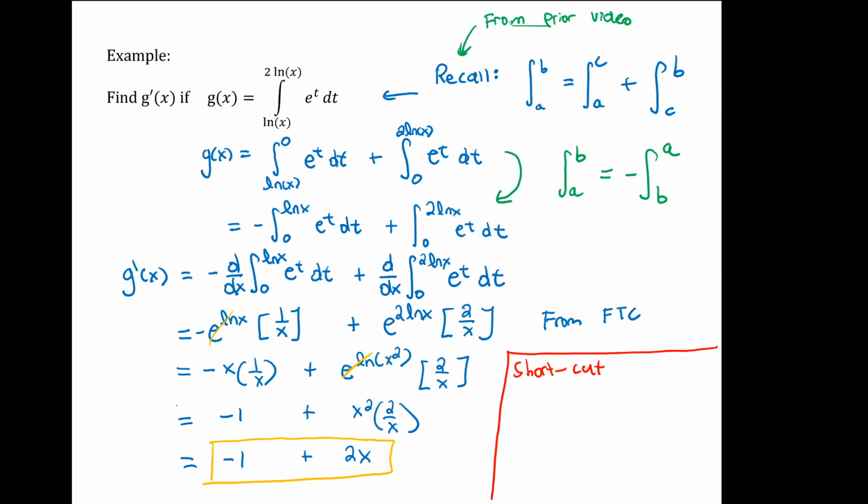Then the integral, or I have to be careful, the derivative, d by dx of the integral from, say, k of x to h of x of the function f of t dt